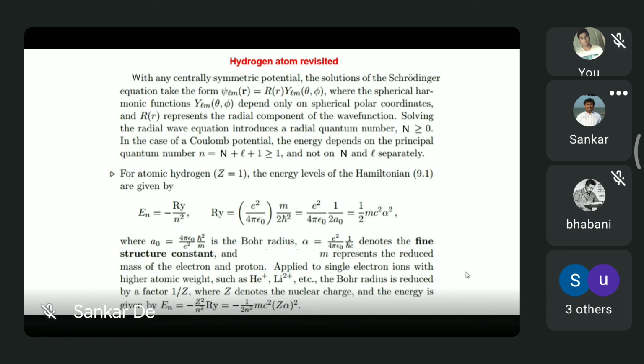And why single electron ions such as hydrogen-like ions? Because doing an experiment on a neutral hydrogen atom is not very easy. First of all, how it is done: you take hydrogen molecules, you get an abundance of hydrogen molecules but not atoms, because the bond is very strong, so you have to break the bond. So what people do is send these hydrogen molecules through a highly heated electric discharge tube kind of thing. It is not a discharge tube, but it is very high heat.